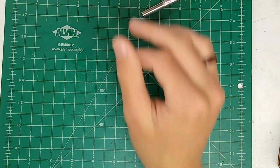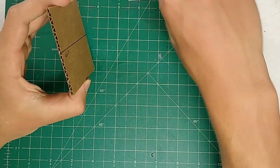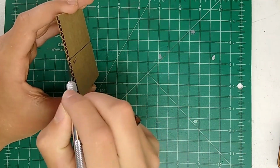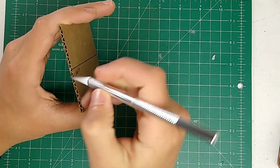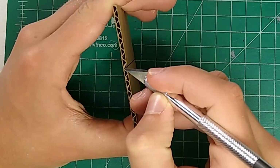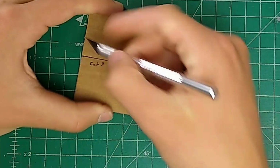Yeah, now, what if we were cutting and then folding away from that cut? So maybe now we want to fold, but the corrugation doesn't line up. So if I want to fold it this way, the corrugation doesn't line up here because I'm on a mountain, I'm on the peak right there. So I've got to cut along the back right here. So once I cut this out,